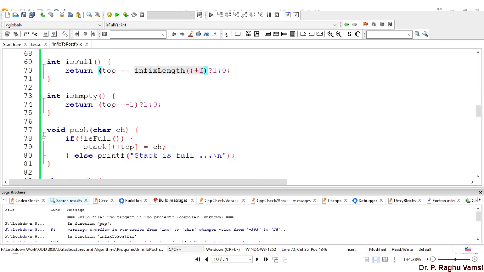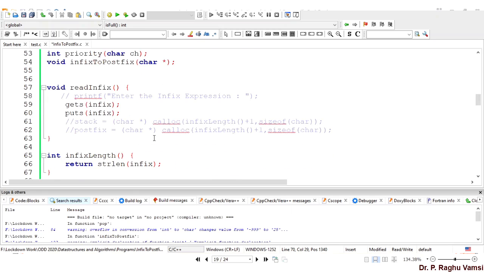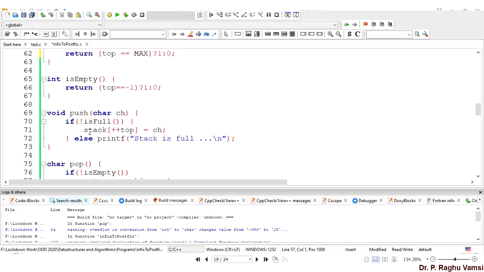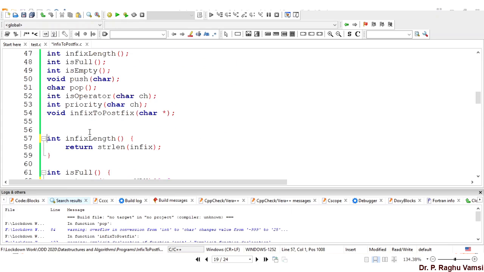Top is equal to max, top is first. Yes, completely, I'm eliminating this thing. Anyhow, we're going to use this in the postfix conversion.